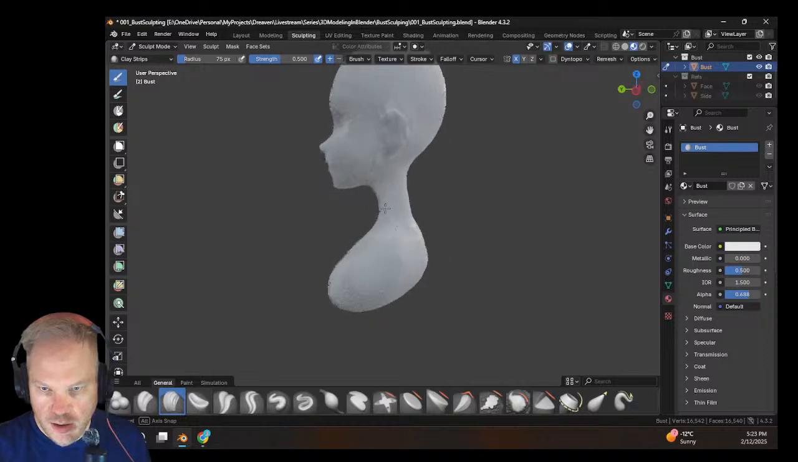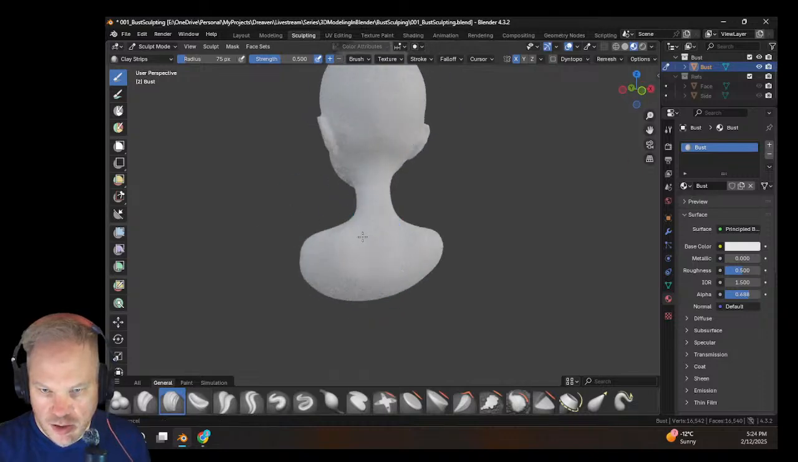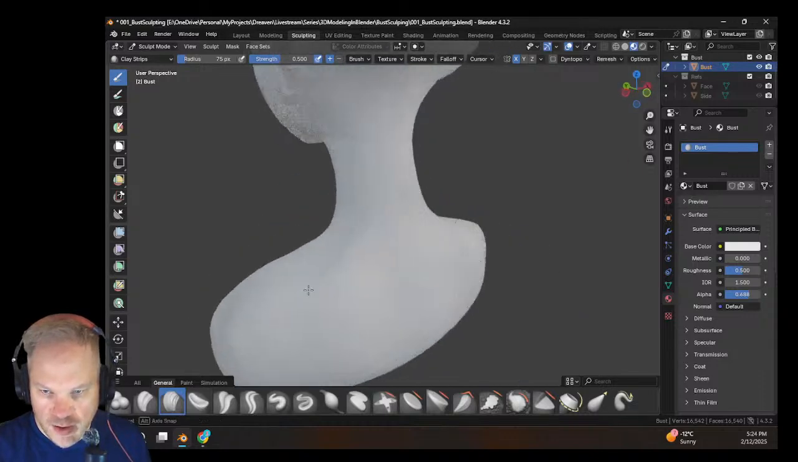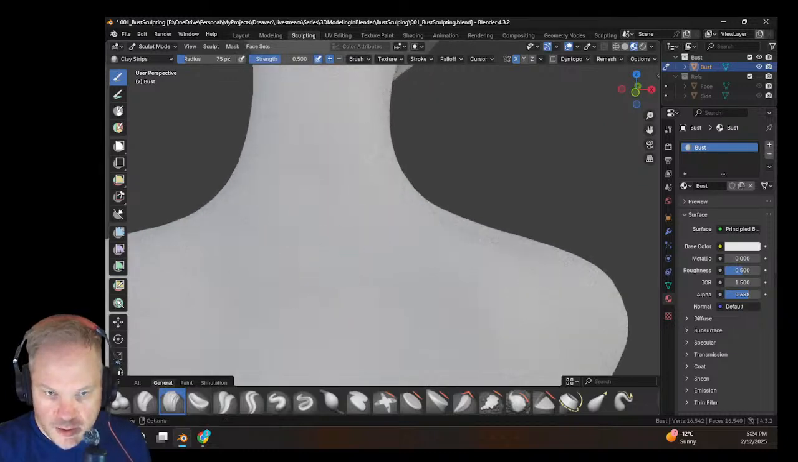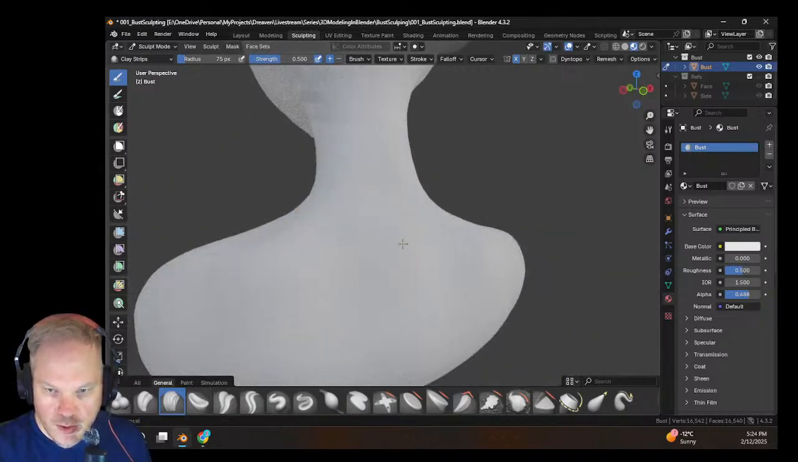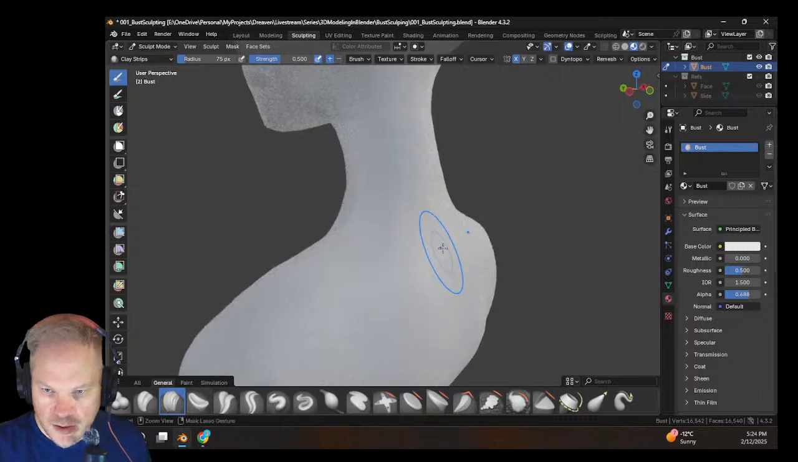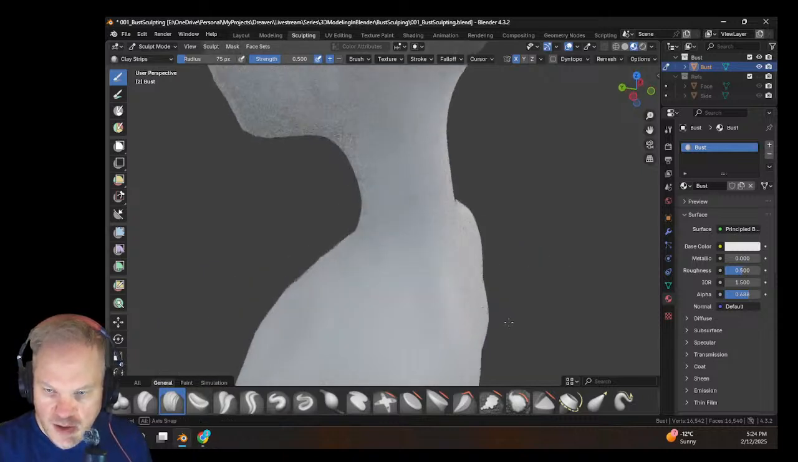Eventually we go. Sometimes there's a little bone that pops out. If you want